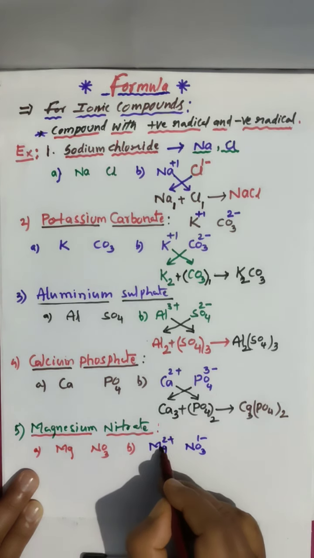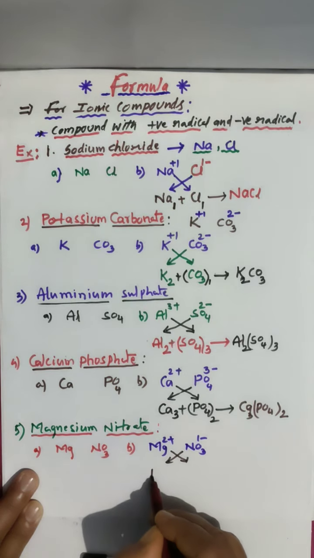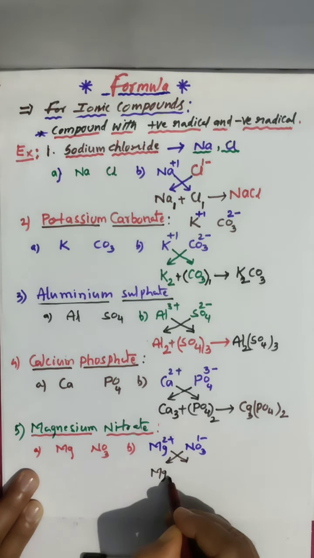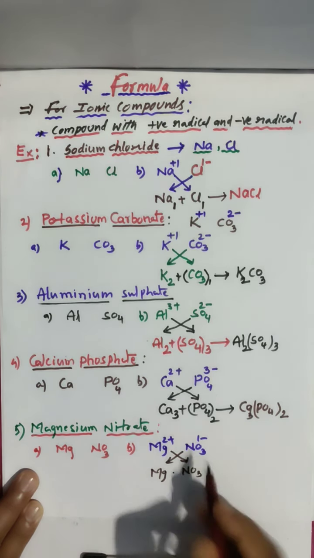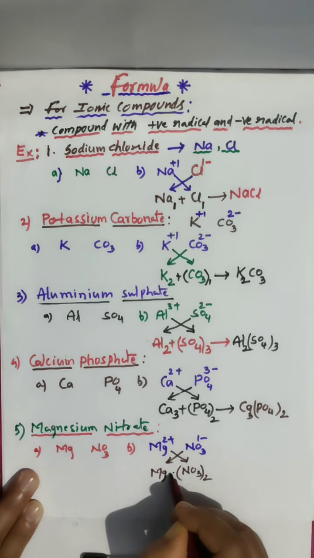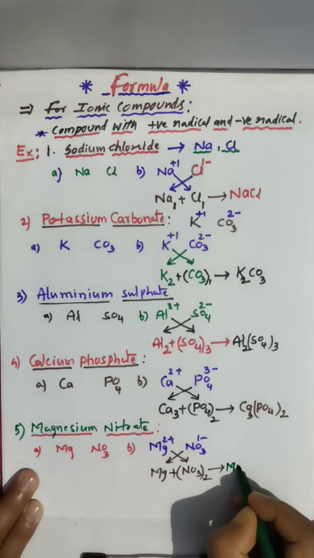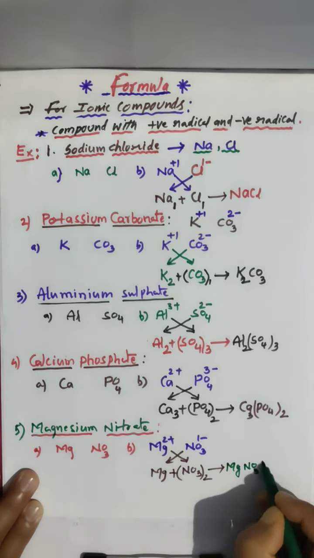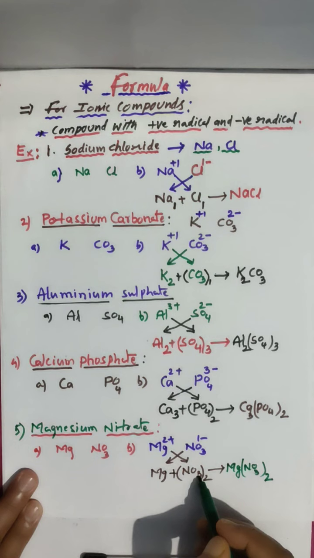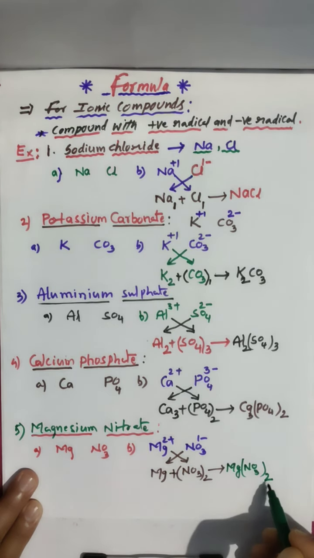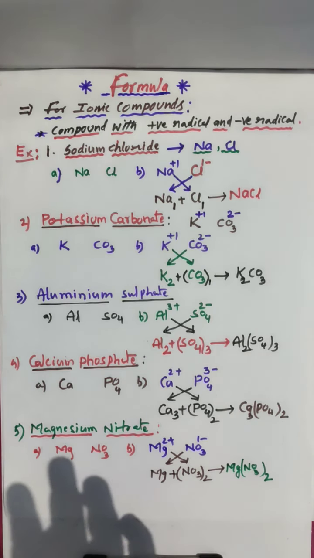And this charge for this without positive and negative. So magnesium we have and discharge for this one, no need to write, and nitrate NO3, and discharge we have to write 2 times. Add this 2, giving rise to what you are getting, magnesium NO3 taken 2 times. Why we are putting bracket means already here number is there. That's why we have to make the bracket, magnesium nitrate. Like this way you can write any formula.